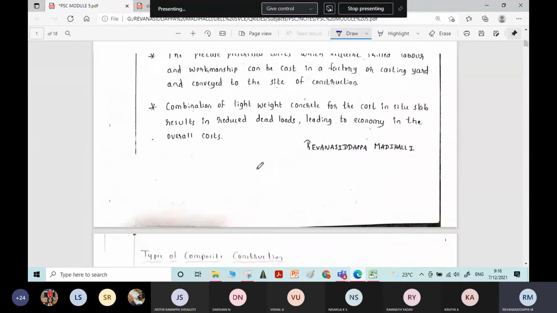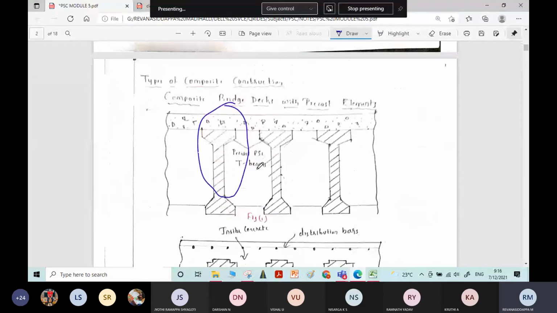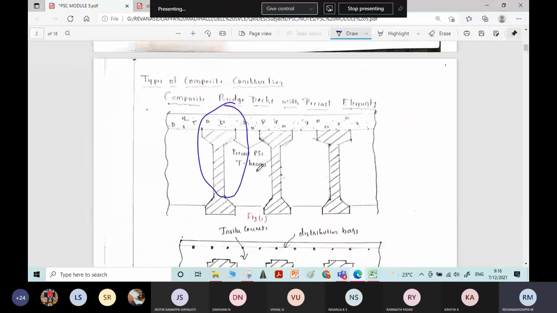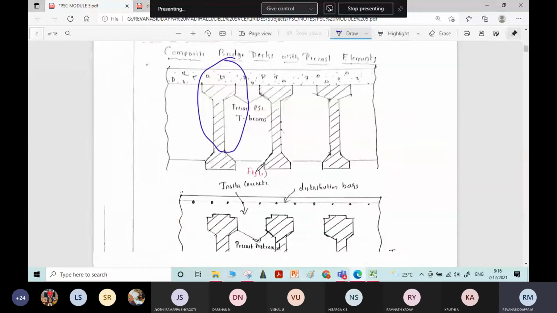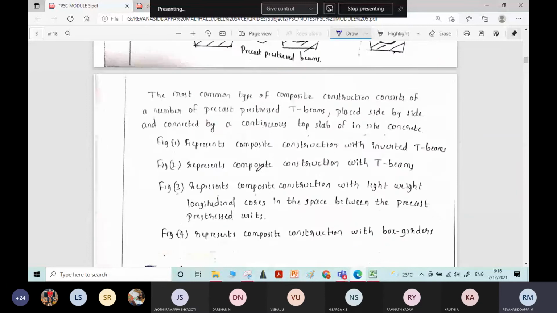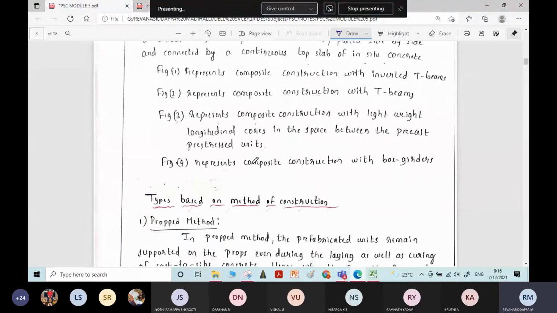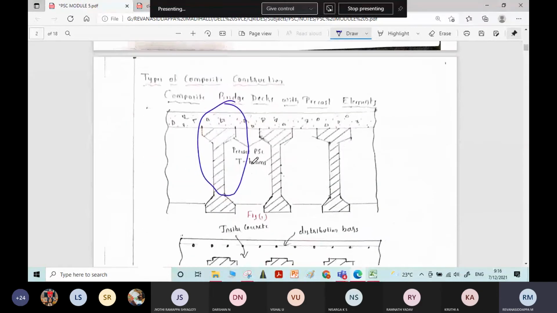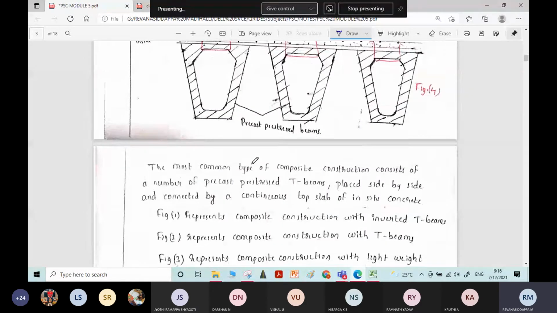If the question is asked in the examination, there is not much explanation on these things. We need to write very neat sketches. Okay, you need to write very neat sketches. In only one or two points, you need to explain the things. This is one: the classification of bridges depending upon the type of construction.